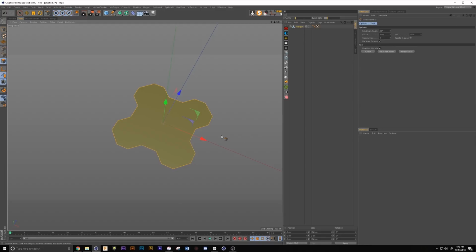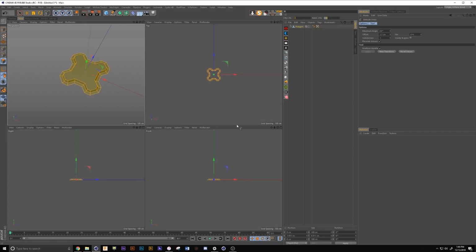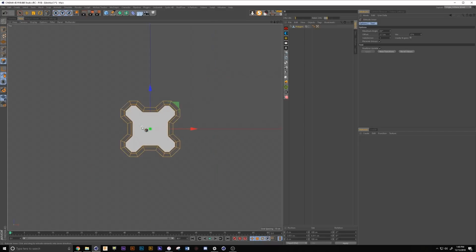So now I'm going to hit I for extrude inner, and we're going to extrude in a little bit. We're going to extrude in a little bit more, and I'm just going to drag this guy up a little bit. And actually, now we can do it this way too. So we're going to hit Control A for Control All, and we're going to go into here, zoom in a little bit,